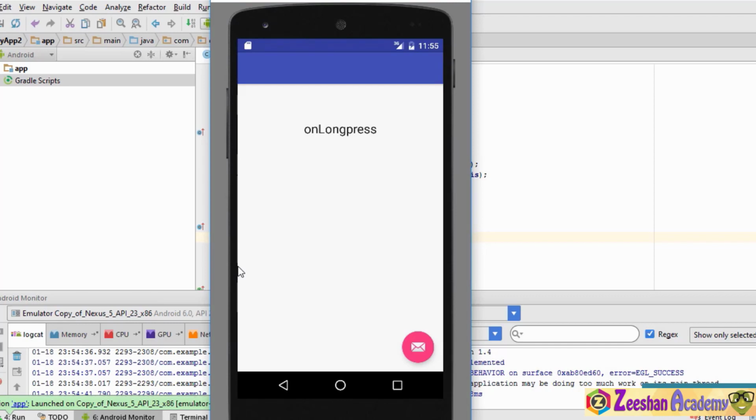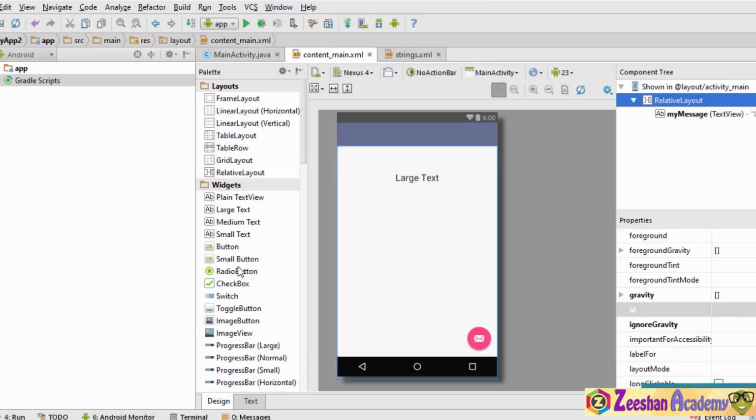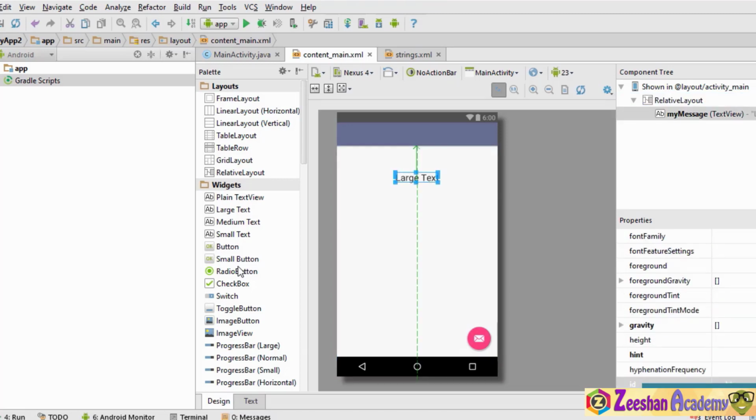So in this application, we have used certain methods for detecting the gestures, and the gestures we have detected are on click, on long press, scroll, on fling, on double tap, and on single tap. So let's revise what we have done in this tutorial once again. Initially we started a new project and cleaned up the code. The first thing we did was add this large text right over here, and we specified an ID to the large text so that we could use it to change the text.